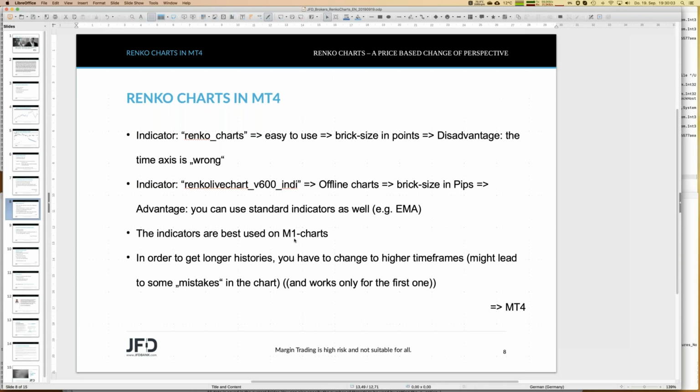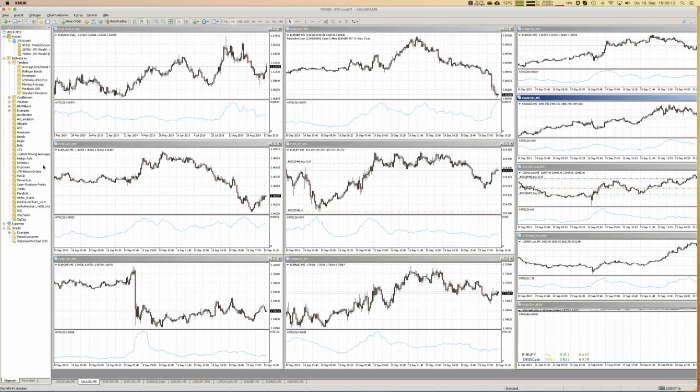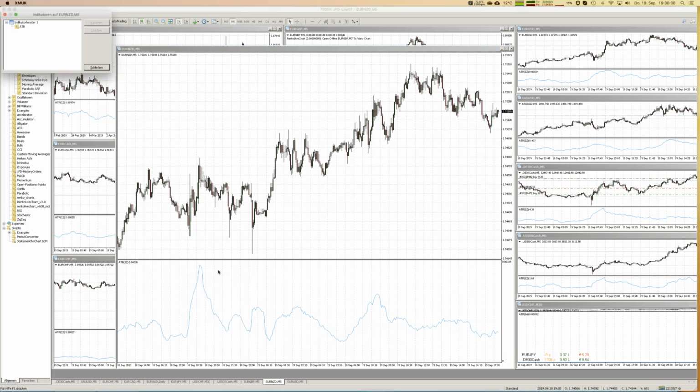You will see that, and you will see it now. Let's go practical here directly into how to generate a Renko chart. So of course I have my indicators already up and running here in the navigator, and maybe let's go for euro, New Zealand dollar, and let me get rid of the ATR within my chart here, and then we can use that one